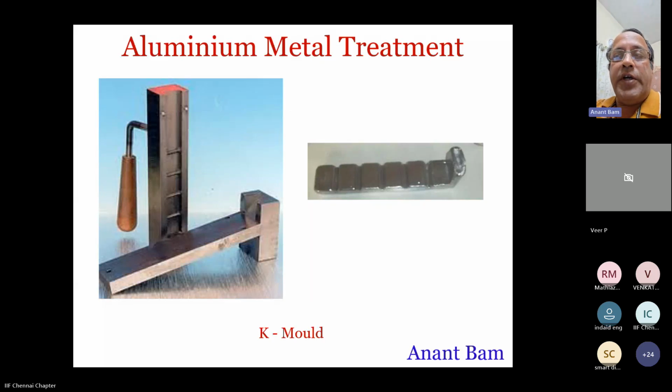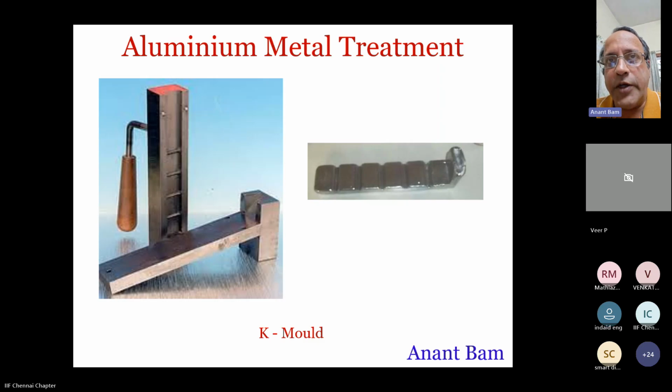The first method is K mold. K mold is a Japanese invention. It has got a worldwide patent, which is still valid. I have seen many foundries using a duplicate K mold, but